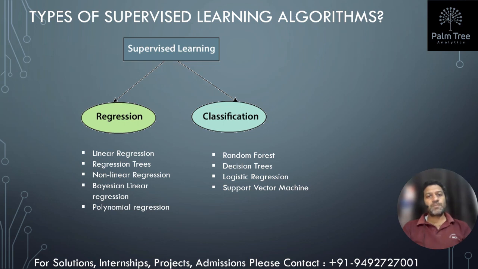We see types of supervised learning algorithms. Basically, we have two types, regression and classification. Under regression, we have linear regression, regression trees, non-linear regression, Bayesian linear regression, polynomial regression. Under classification, random forest, decision trees, logistic regression, support vector machines. There are many other things that can fall under this, but for example purposes, I am